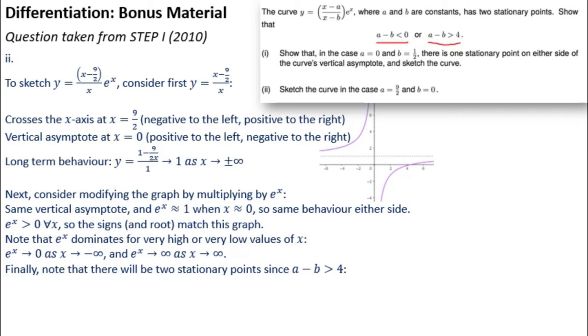Now, if you look at the purple graph we've drawn, you might be able to have an intelligent guess at where you think the wiggles might occur. But it should be clear, if you spend enough time thinking about it, that they cannot occur either side of the vertical asymptote. If you have a maximum and a minimum, and yet the graph is supposed to continually increase, it can't have